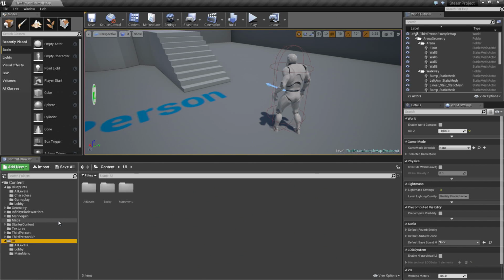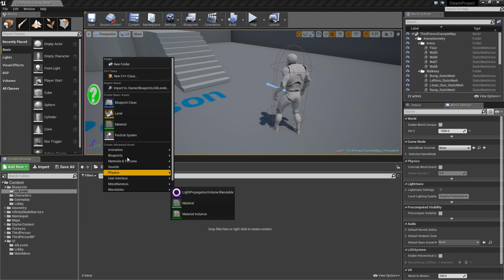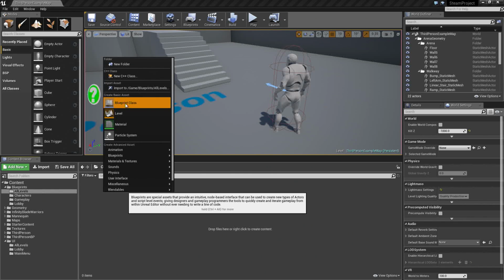We can go inside of each folder and create some of the assets that we're going to be needing. So we'll start out here in the all levels, start there, work our way down. We're not going to go into these assets just yet. We're just going to create them because we'll need them, and we'll need to reference them a little bit later. So having created these up front, it'll just make things easier for us down the road. So inside the All Levels folder, right click. First one we're going to create is a blueprint.